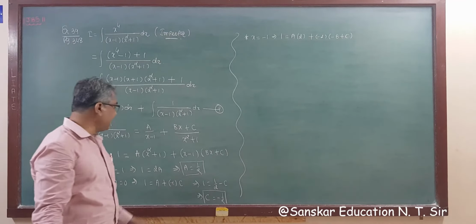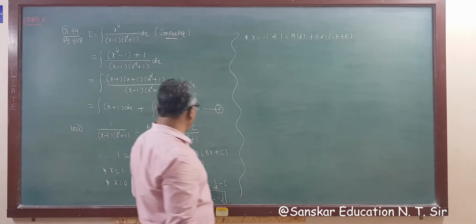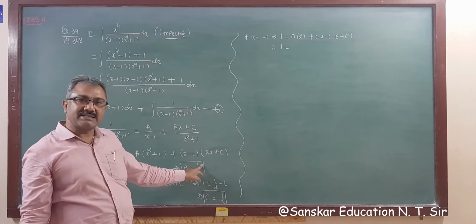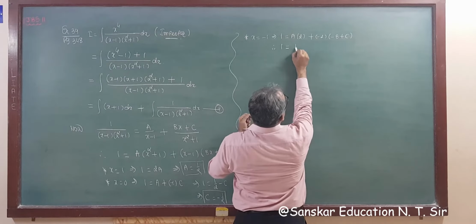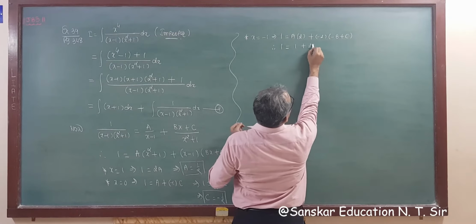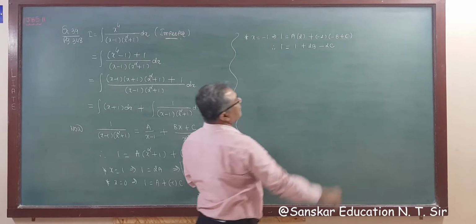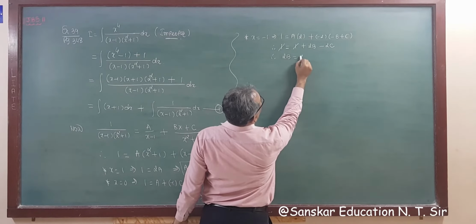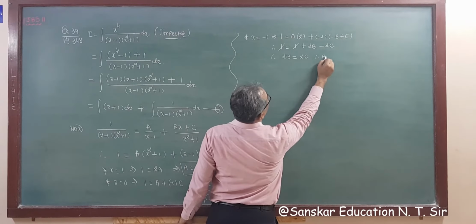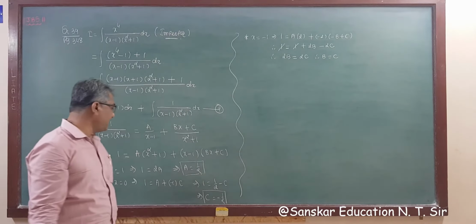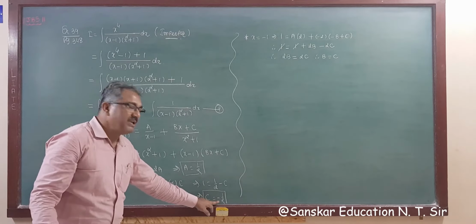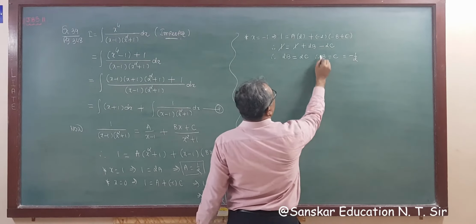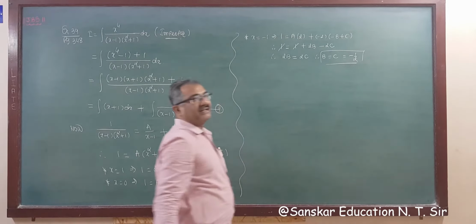Now we already have the values of A and C, so substituting the values of A and C here, therefore 1 is equal to, now twice A is 1, right? So twice A is 1, minus minus plus, twice B and minus twice C. This one will be cut. So what we get? Twice B is equal to twice C, that is B is equal to C. So values of B and C are the same, that is B is also minus half. So we get B and C both minus half.